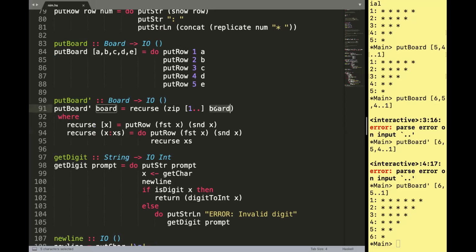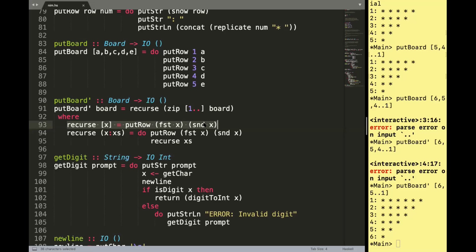First, the given board, a random size board, is zipped with the list 1 to infinity, and so it will give the tuple with index 1 to n, and then we are calling the recurse function, and it is defined as follows. If it contains a single tuple, then put row first of x and second of x.